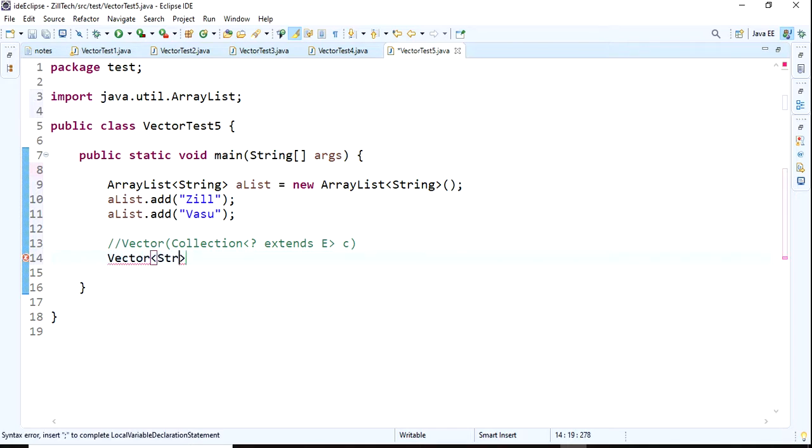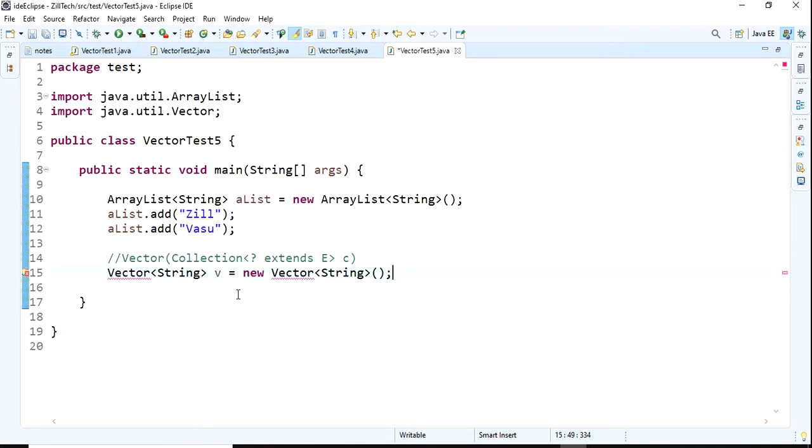Here also I am taking String: Vector<String> v equals new Vector<String>. First I will import it. Yeah, here I need to pass the reference, like a list. Now all the values are copied to our vector, and again I will add some more.